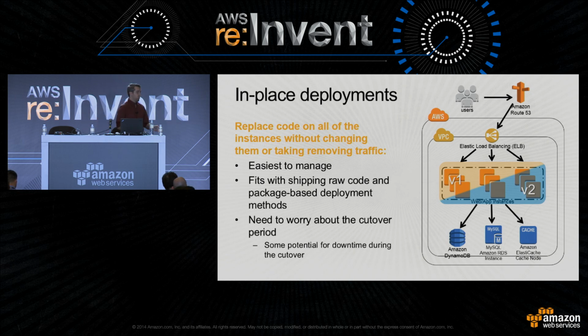You might potentially have to worry about a cutover period, right? If you're using a language that is bundled into a binary like Java, and you have to deal with Tomcat or something restarting, what potential for downtime do you have? Maybe you want to pull out instances and put them back into getting traffic, which leads us into the next deployment method,